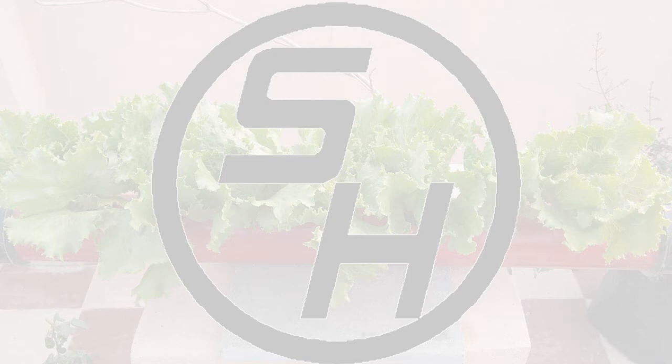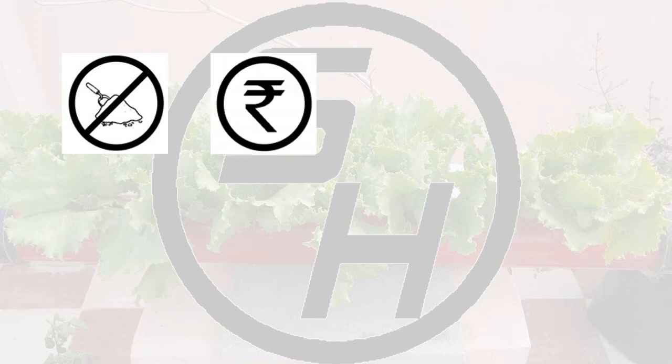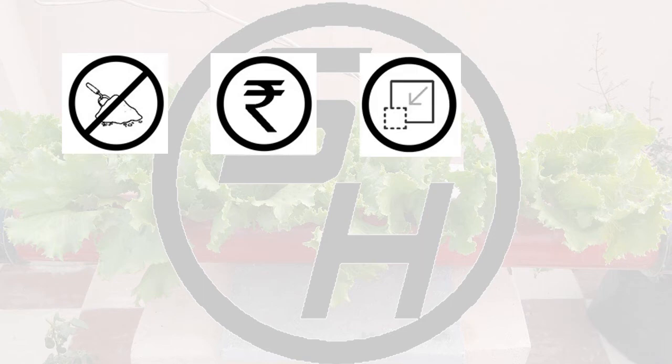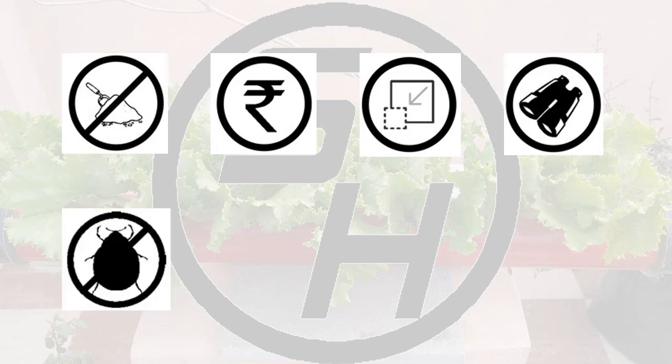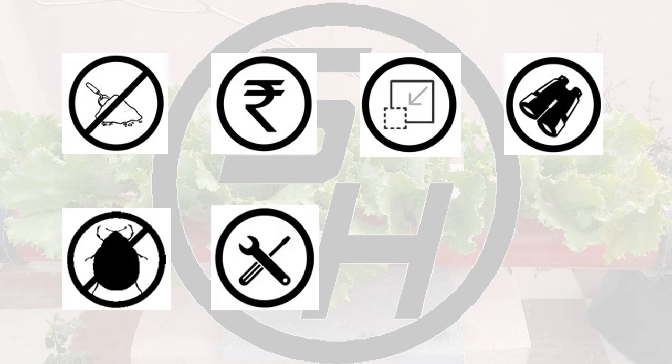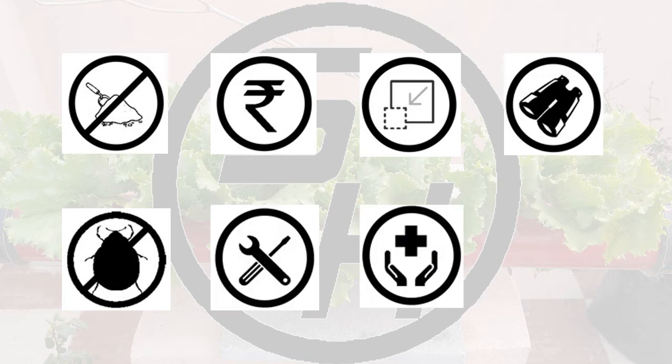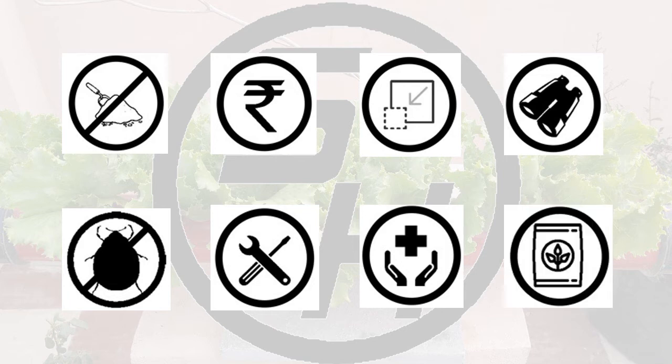After we have seen the brief uses of hydroponics, let us also see the advantages of hydroponics in a nutshell. First and foremost thing, we don't use soil at all. So soil related diseases will not be seen usually. The running and maintenance costs are also low. In soil farming, we need to plow, till and prepare soil every time when we put a new crop. We need huge machinery for this. Hydroponics occupies less space compared to soil. Less surveillance is required, like checking plant nutrient deficiencies, etc. About 95% of automatic pest control is done compared to soil. It is simple and easy to operate. Since we don't use any pesticides, we consume healthy food. The amount of fertilizer usage is also very low.